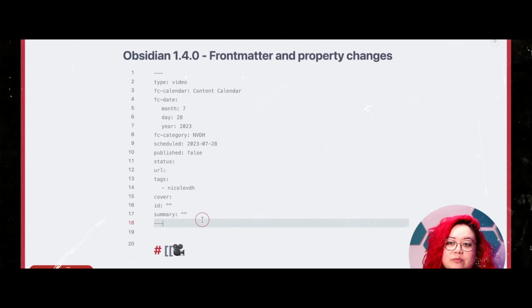Now, just like with any release, this one comes with a bit of a learning curve as we readjust our workflows to figure out how we need to do things now, what plugins may have been broken or need to be updated to be able to continue using them. And I'm going to call out those things that I noticed while I've been playing with it. The first is that you're going to have to get used to not seeing the front matter in source mode